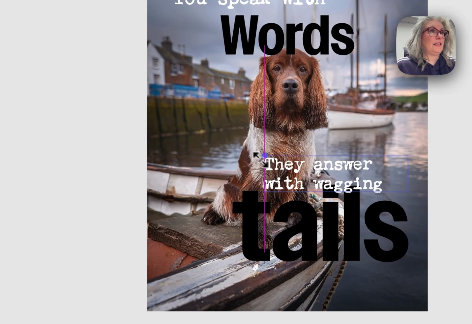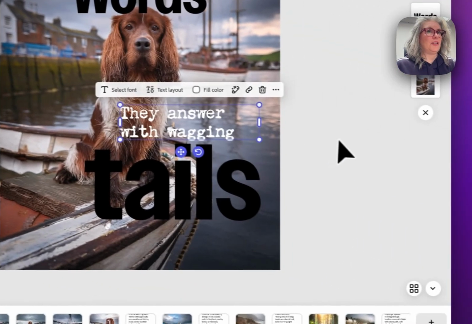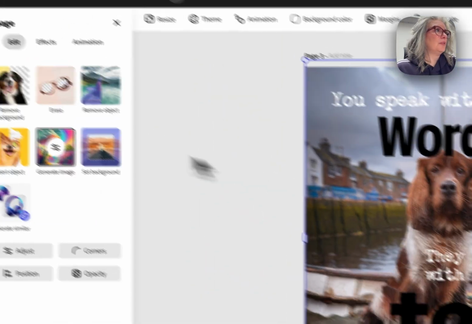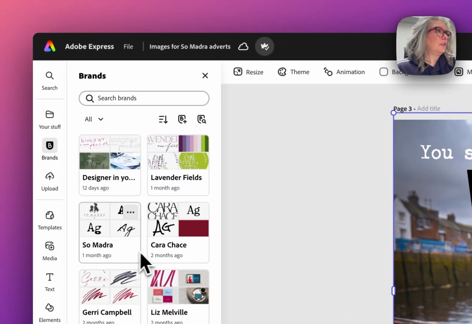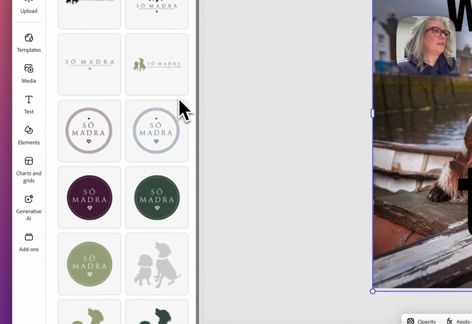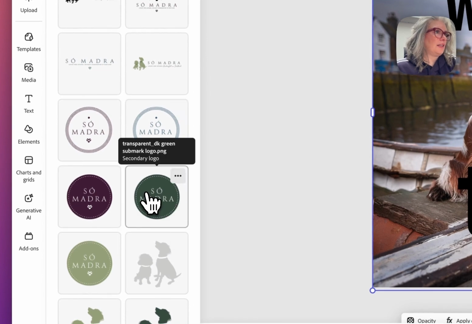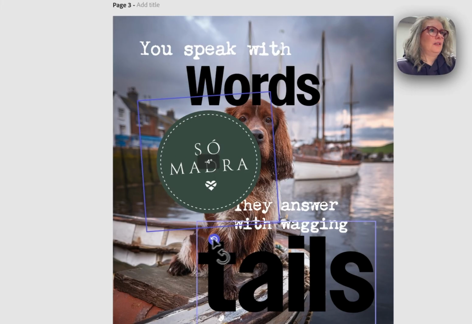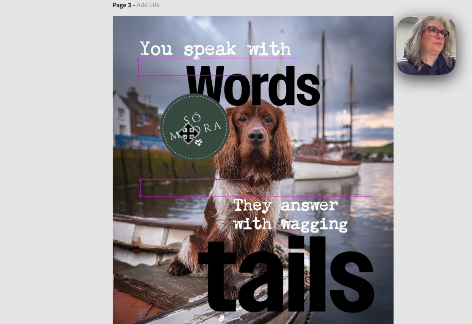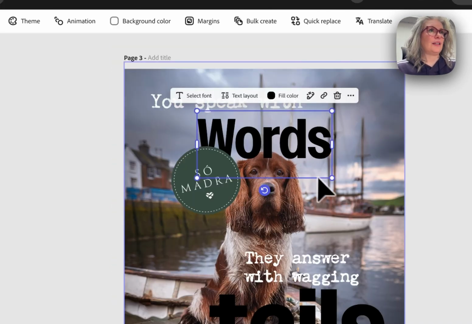Okay, so I know I'm going to do that justice later, but I just want to get everything on the page that we're working with. I am going to add in the logo, so I'm going to go to my brand kit on the Somadra kit, which is my client's kit, and go into the logo files, and I'm going to select this dark green logo version, just reduce that down slightly, create this cut out text effect, and to do that we need to